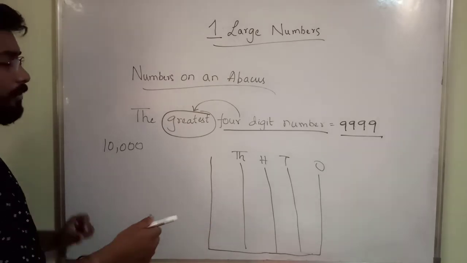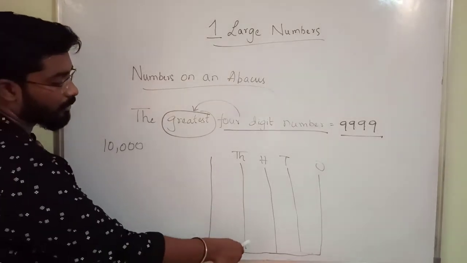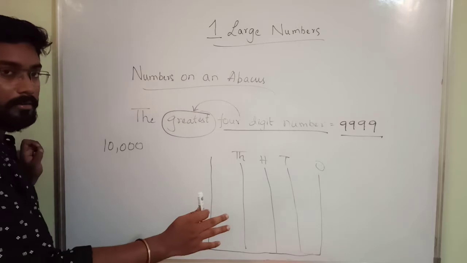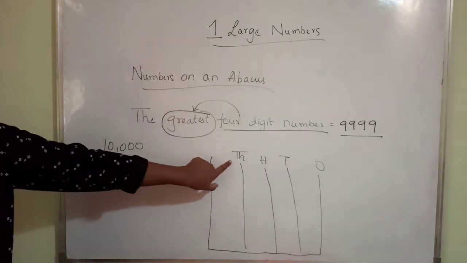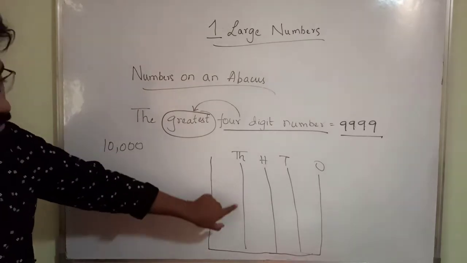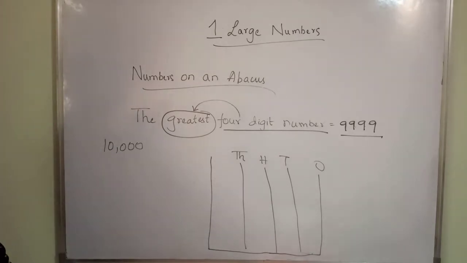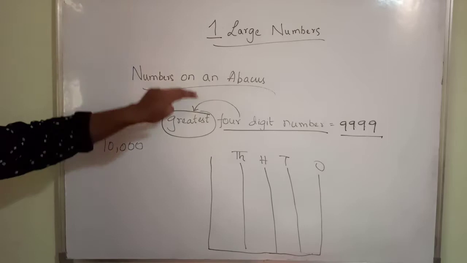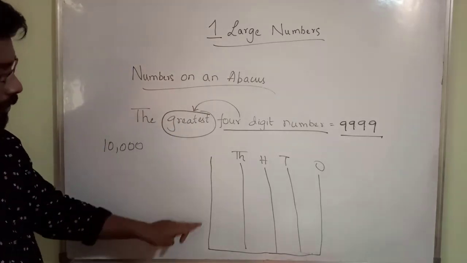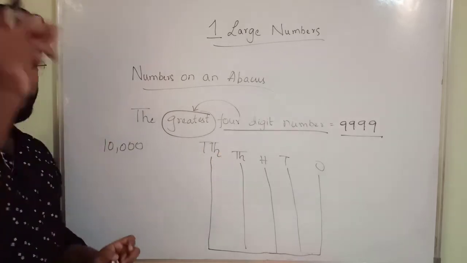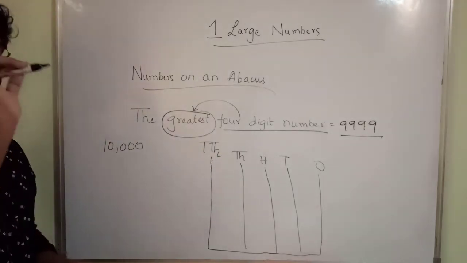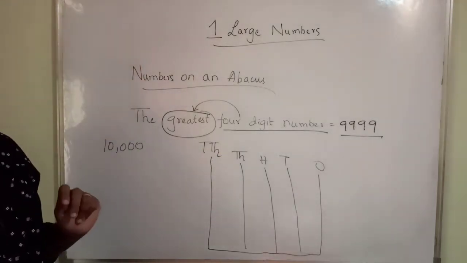So if you are keeping a hundreds rod or thousands rod, and if you are going to keep 10,000, you have to insert 10 beads in that. It will become very long, no? So that's why take one more rod and keep it for 10,000. It will be very easy. It will not be very lengthy. So you should not count 1, 2, 3. How many? 20,000 means how can you represent here?